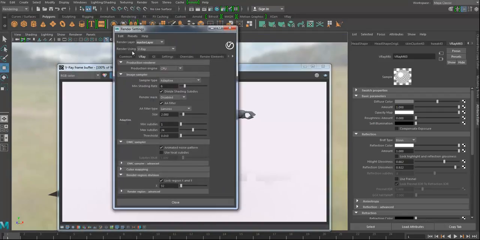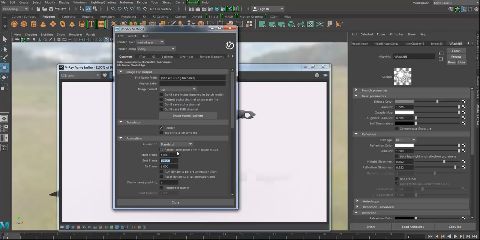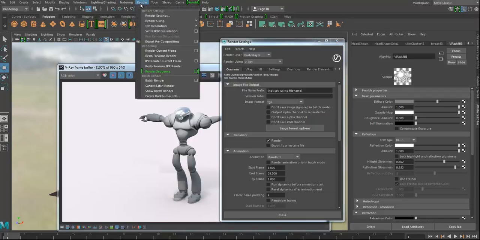Next thing I'm going to do after I've played around with these settings is go into the render settings. I would like to go to common and change this to maybe a Targa file. And then the animation section here, it says disable, and I switch that to standard, and I'll pick out 24 frames. And then, if I want to render this sequence, like pretend that there's animation on this, because that's what's supposed to happen, I go into the rendering section over here and I just go render,